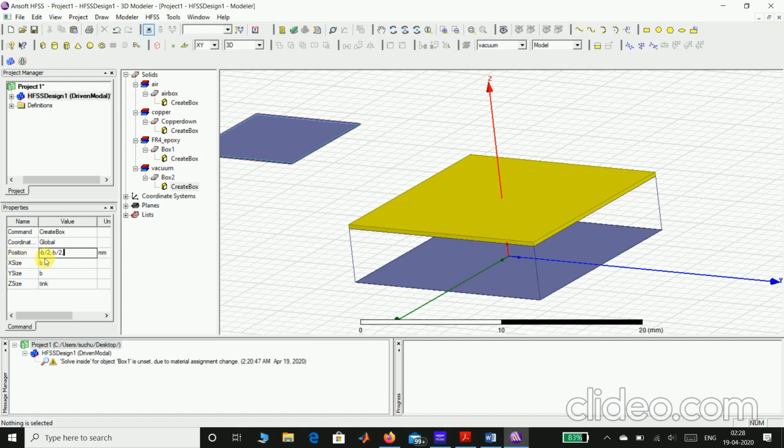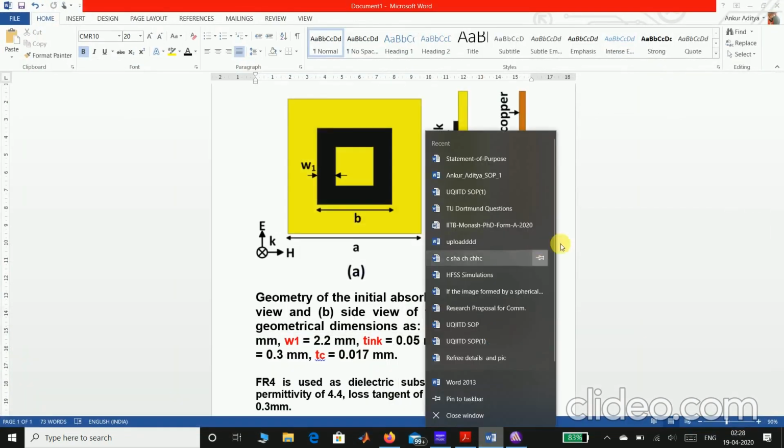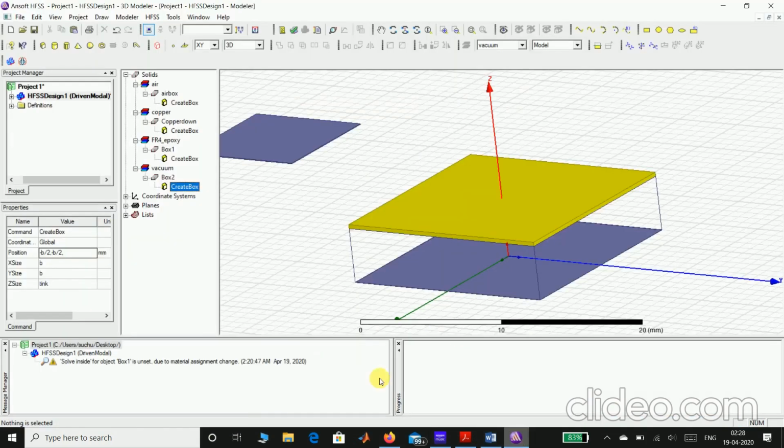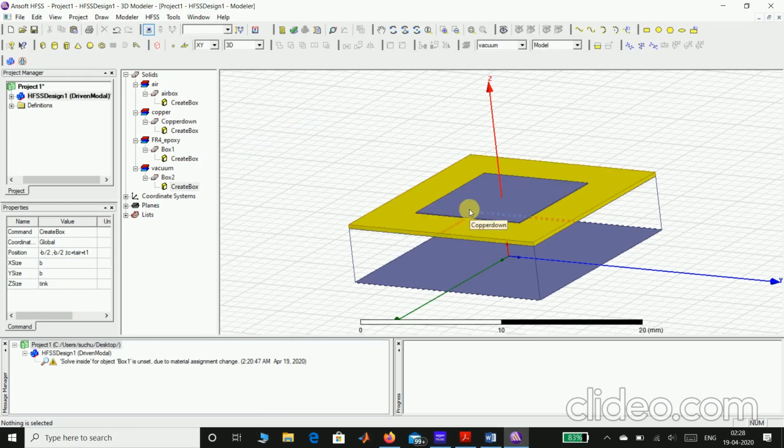The x and y axis position is minus b by 2, comma minus b by 2, and the z axis position, as I've already told you, is always TC plus TAR, and we have to add the FR4 distance, which is the T1 thickness. So our z axis will be TC plus TAR plus T1, which is the FR4 thickness. As you can see, it is aligned.